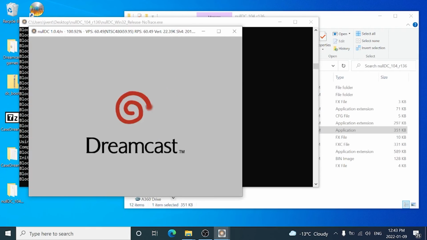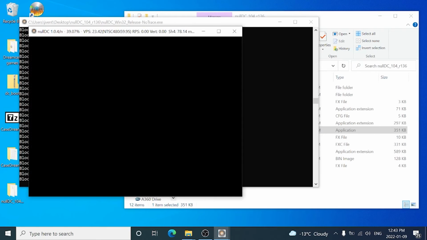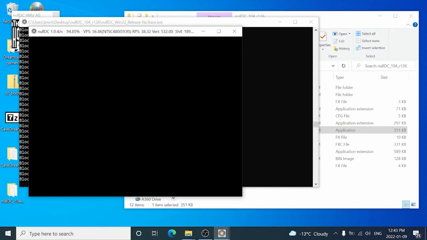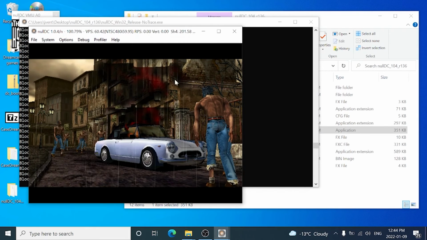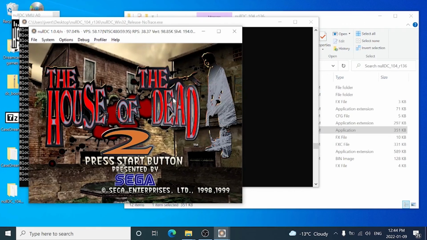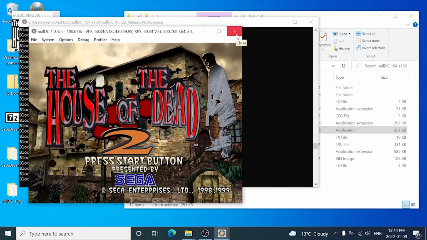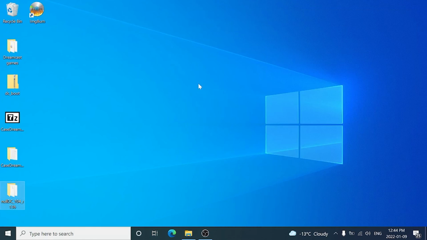That's the main boot screen of the Dreamcast, and now it should be loading first read bin. So far so good, and now it should be loading our game, and there we go. So far it's looking like this will boot on a Dreamcast. We will close out this emulator here, or if you want to try playing it, go right ahead. It's a little bit hard with just a keyboard, but feel free if you want to. But we'll close that up, and now we feel fairly confident that